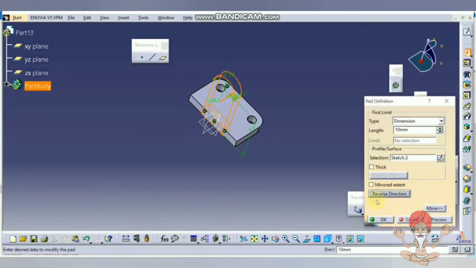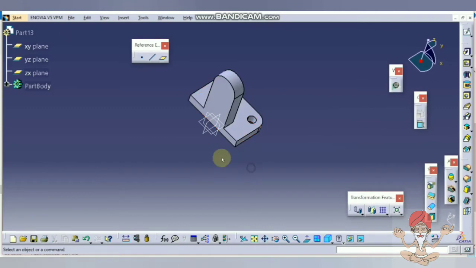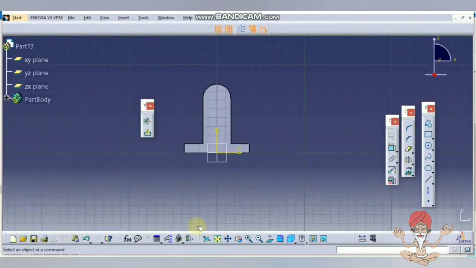Apply pad command, a length of 14 mm. So select this plane. Go to the Sketcher workbench. Select the circle.